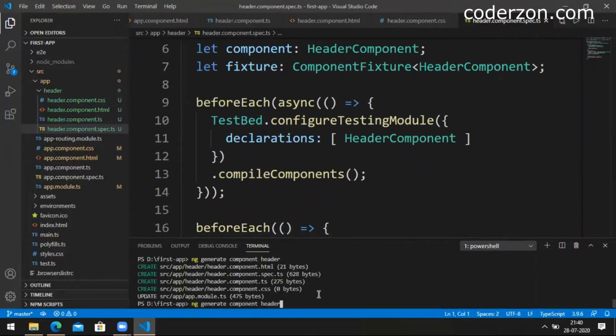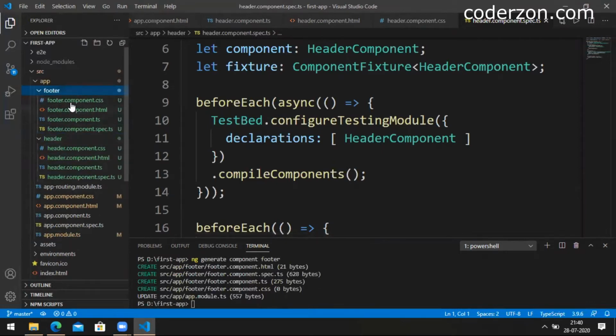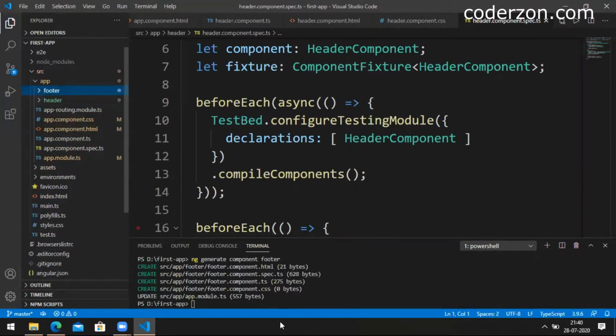Similarly, I can create a footer. So here you can see the footer component also got created with four files. Now I'm going to create the main component.